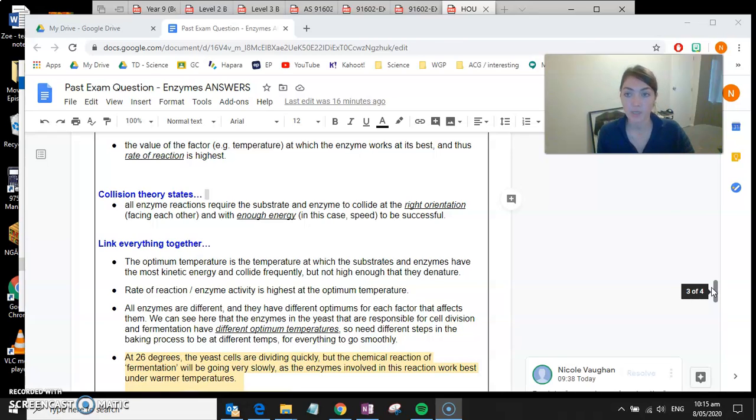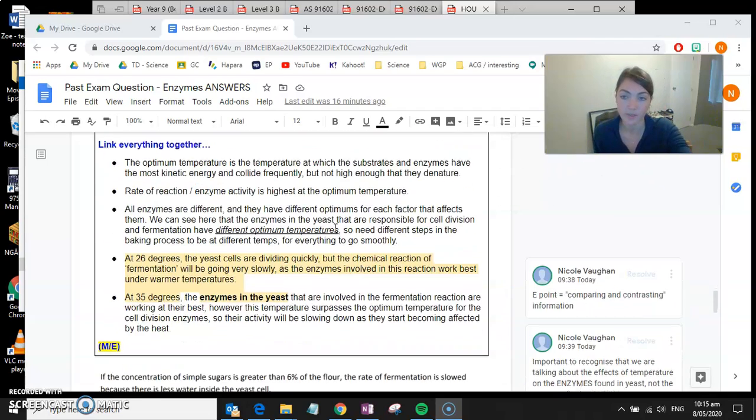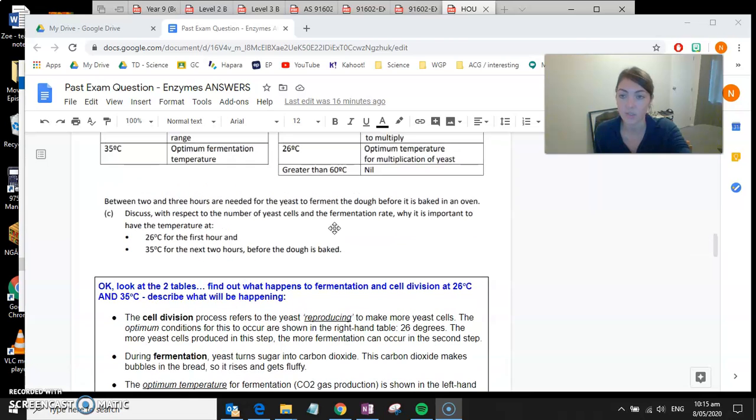But yeah, I think I was talking about collision theory. So basically, the idea that a substrate and enzyme have to collide at the right orientation, facing each other, and with enough energy, so kinetic energy or moving energy, to be successful. And when you link all of that information together to truly answer the question, which is discussing why it's important